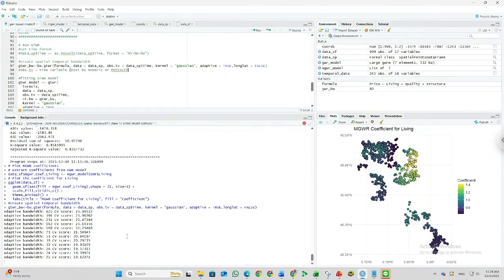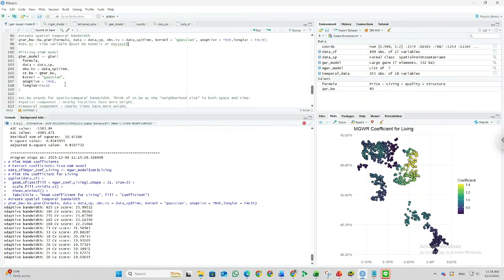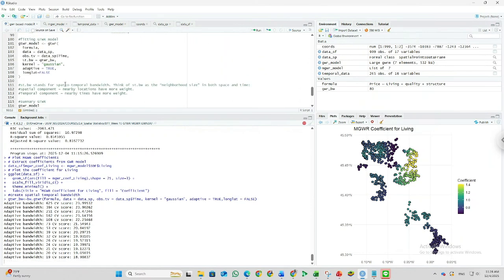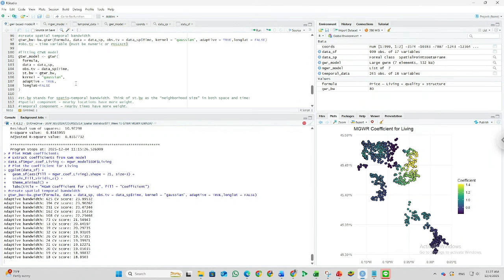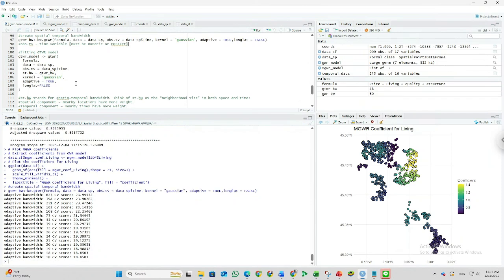Okay, it takes time. Wait a minute. After we get the best bandwidth, the spatial temporal bandwidth for our dataset, we have the adaptive bandwidth. The spatial temporal bandwidth is 18.